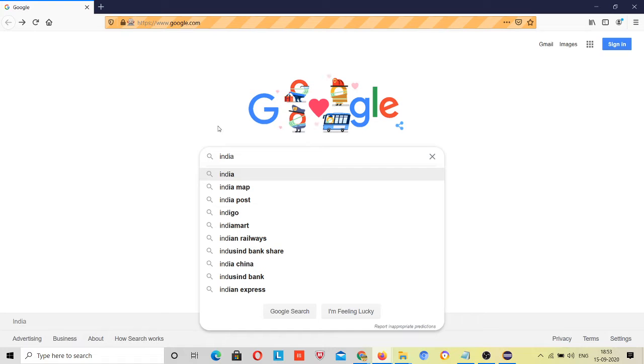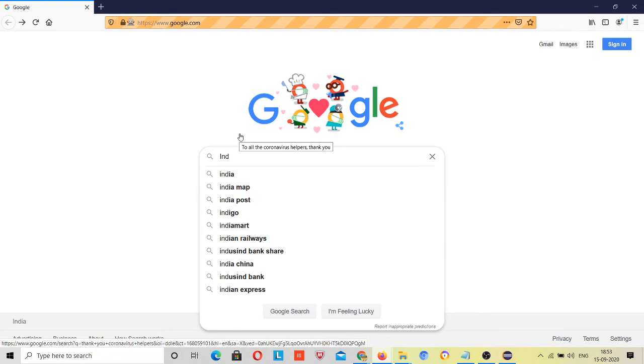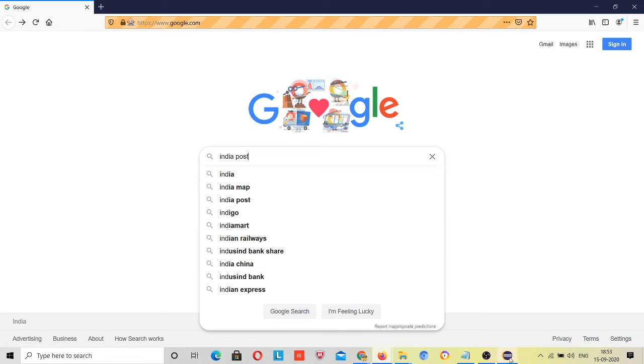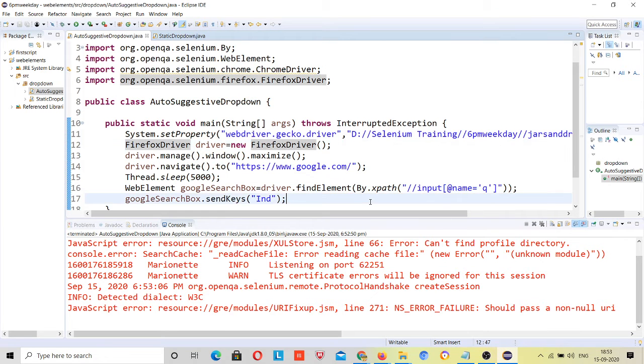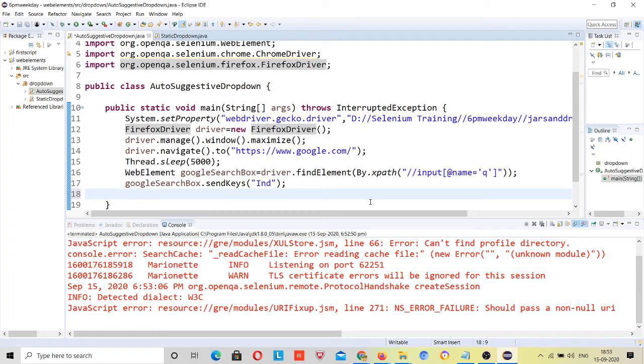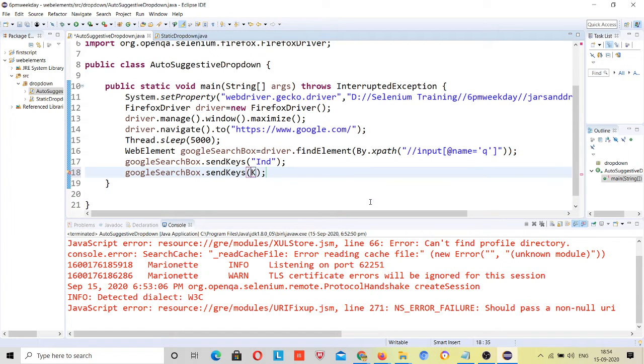So how many clicks do I have to do? By default here, 1 page down, 2 page down, and 3 page down. After 3 page down I was here. Let me give 3 page down here. How can I give it? Here similarly I can send keys, and although I have not covered the mouse and keyboard events, still let's understand.